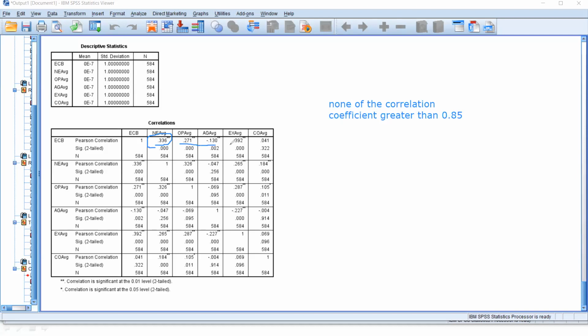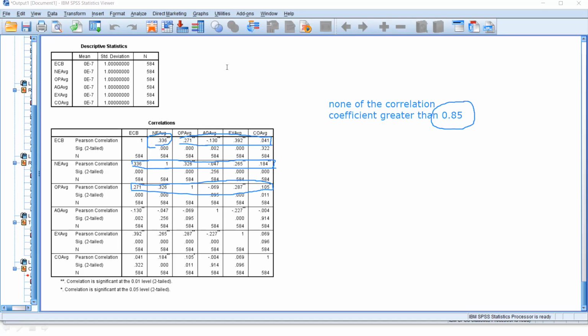This is what we call the correlation coefficient. You have to check all of them and make sure that your correlation coefficients are lesser than 0.85. Why do I say so?